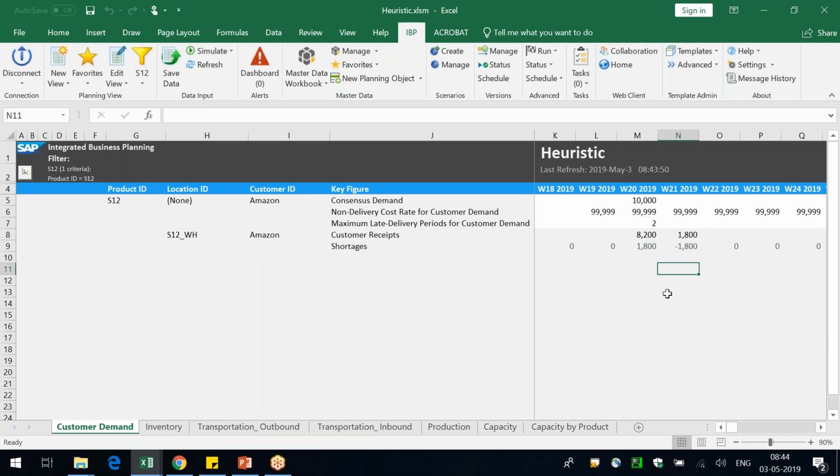And then shortages came minus 1800, because I didn't write the formula nicely. I just said that it's a difference between M7 and M8. I should have kept it so that only if M5 is not null, then do the subtraction. But yeah, that is about the non-delivery. Now let's come to the transportation cost. Let's see how that will work.